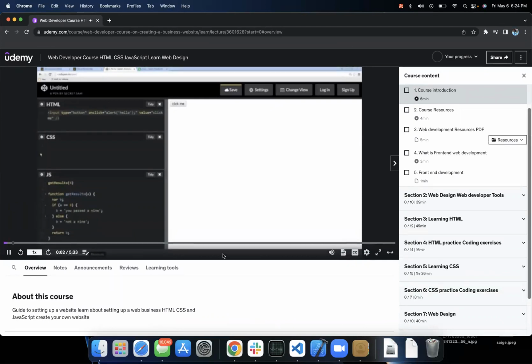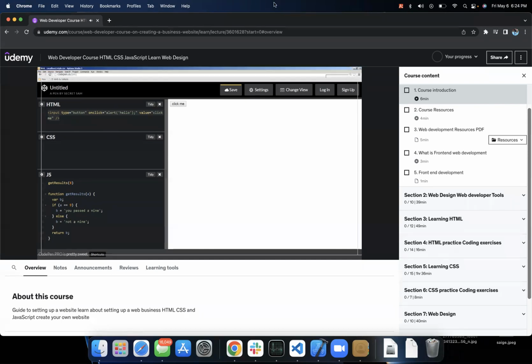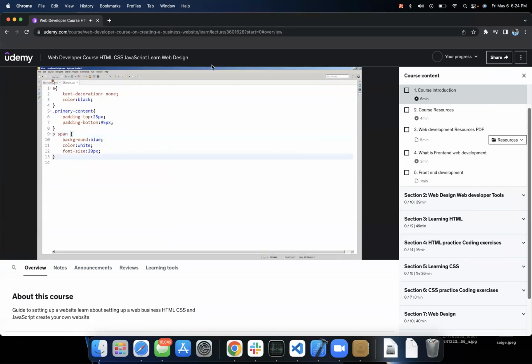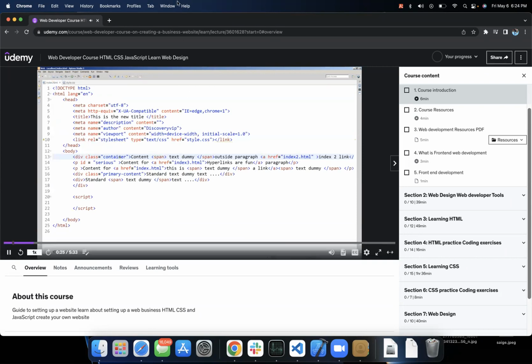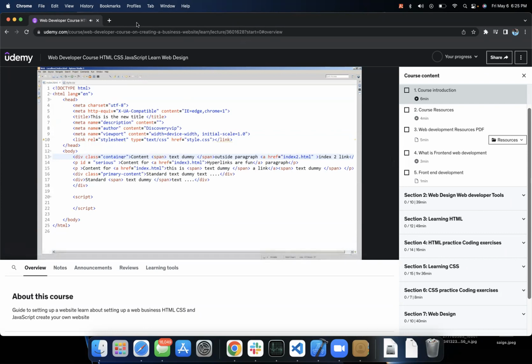Learning HTML, CSS, and JavaScript is going to give you all the fundamentals that you need to know in order to create dynamic websites, interactive websites. The HTML is used for the page structure. The CSS is used to control the way the web page looks. And JavaScript is going to be used to create that dynamic